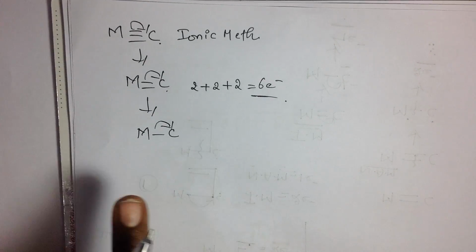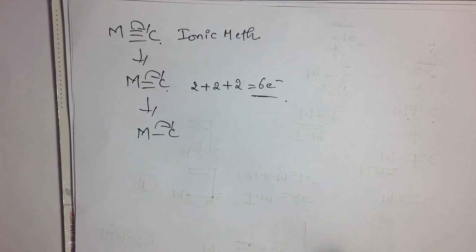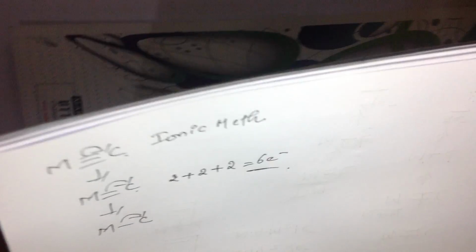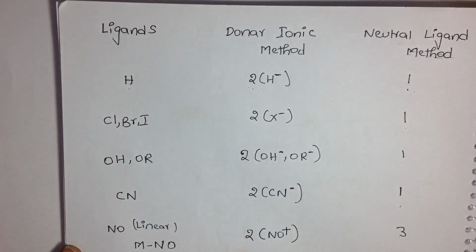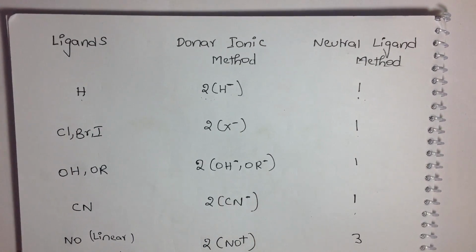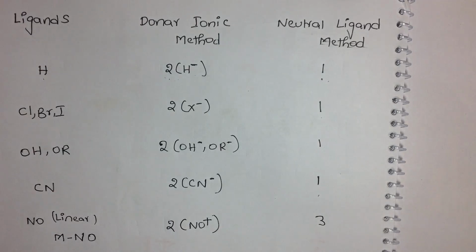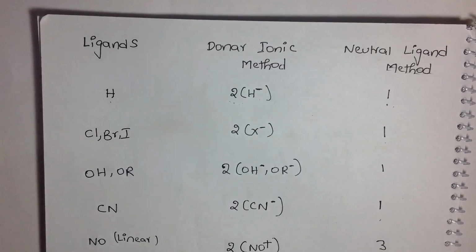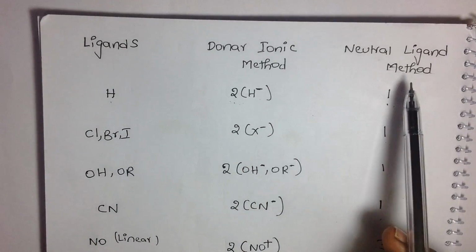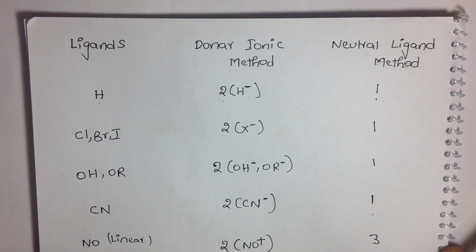This basic understanding will be very helpful. I have given very detailed information for our second criterion in table form. I provided the distribution of electrons in this manner, with the ligands on the left side, the ionic method in the middle, and the neutral ligand method on this side. This is very clear information and it will help you a lot. You can understand the concept as I told you before with examples, how the distribution follows the ionic and neutral atom methods.